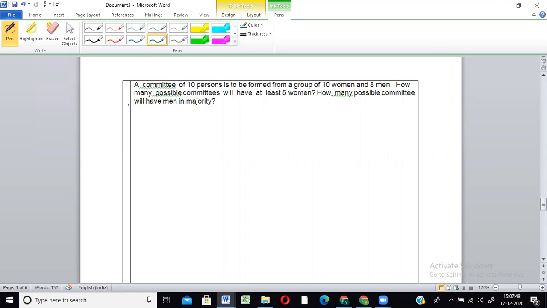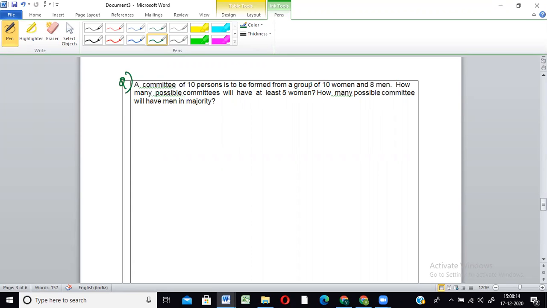Now this is a question again from the exercise. A committee of 10 persons is to be formed from a group of 10 women and 8 men. How many possible committees will have at least 5 women? All right. So whenever they have questions like these, committees to be formed of 10 people, which should consist of exactly 5 men and 5 women,